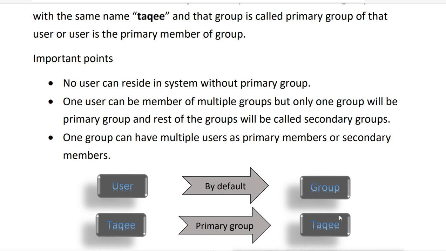That means if we have 10 user accounts and their primary group is the same single group, then that same group can also be a secondary group of 10 other accounts, because it's a normal group. The primary group created with the user account is not a special kind of group. It is a normal group where we can make multiple users members. But that group is important for that particular user, because it is the primary group for that user.